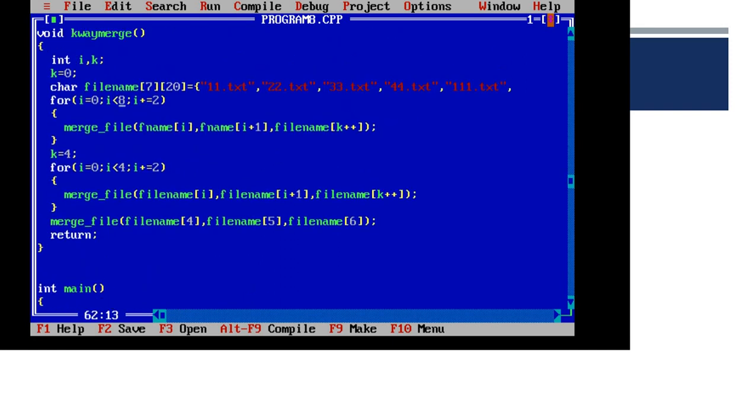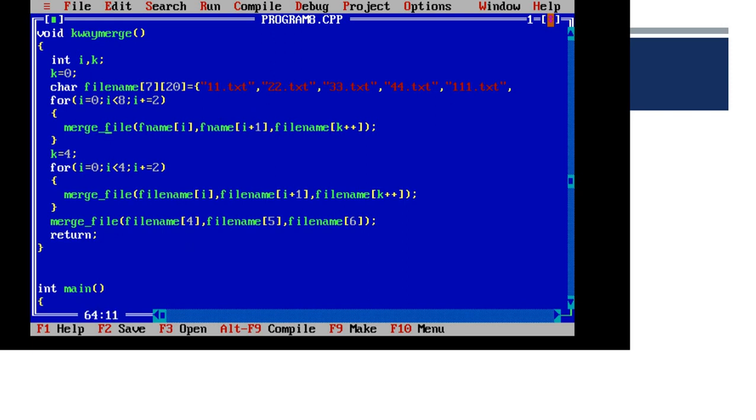The k-way merge algorithm reads each and every element of all the files using the for loop. The first file is 11.txt, the second file is 22.txt. Similarly, we have 8 files where all the contents will be processed and passed to the merge file function.